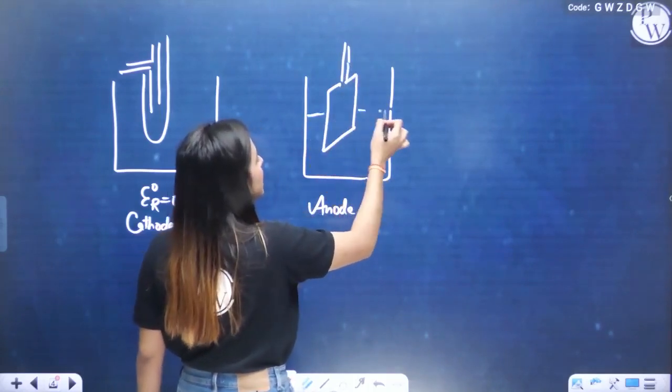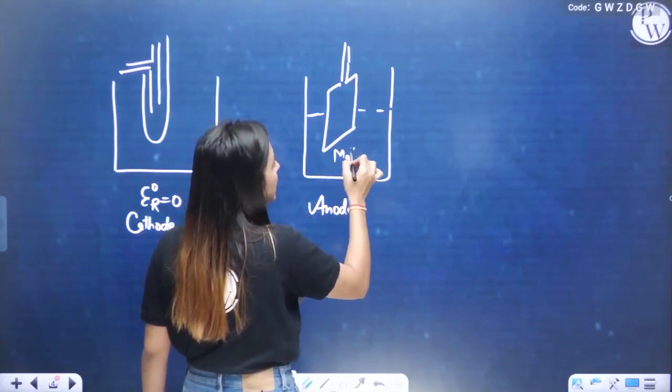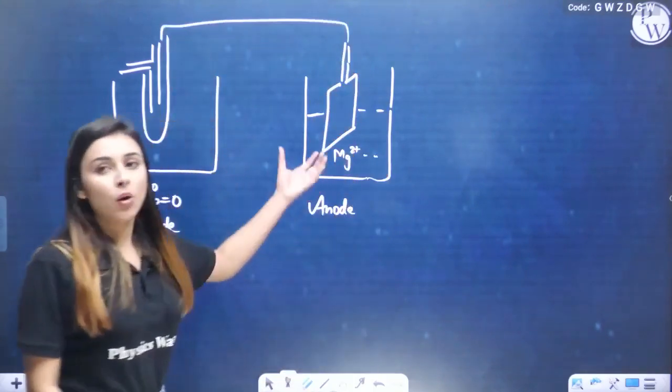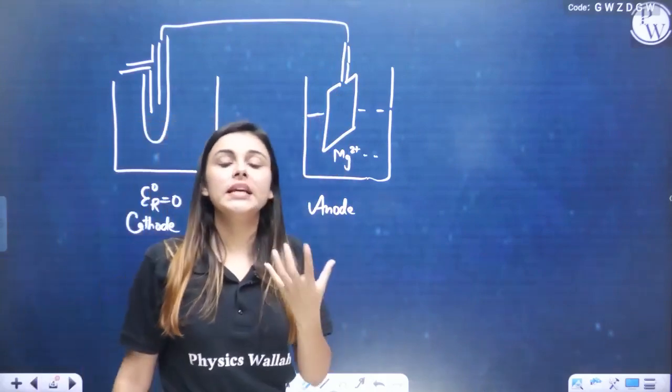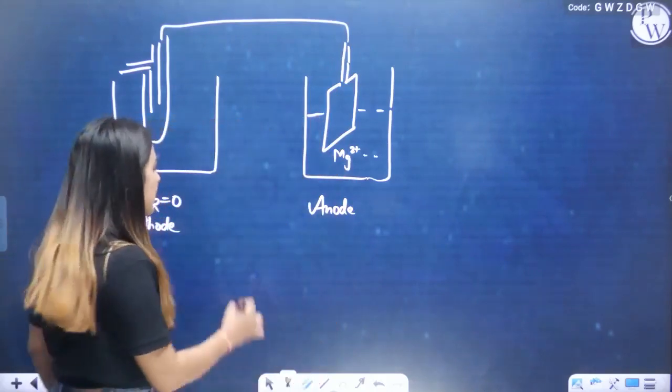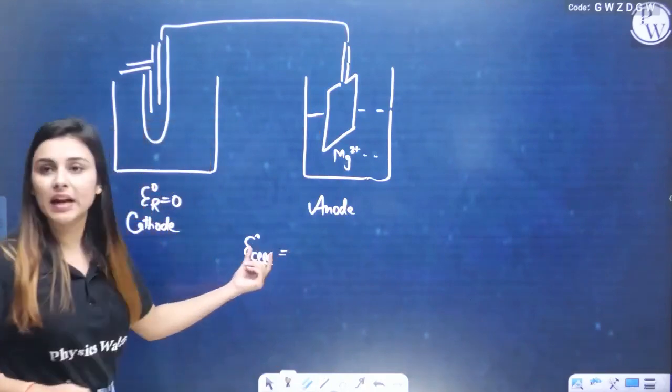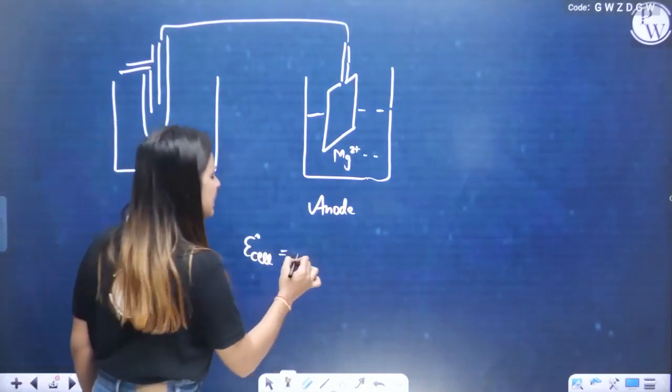This is your magnesium electrode. This is the aqueous solution, right? Yes, you connected these two. Now when you connect this, you will definitely get the E naught of cell. I know that E naught of cell is given, let's say it is given to be